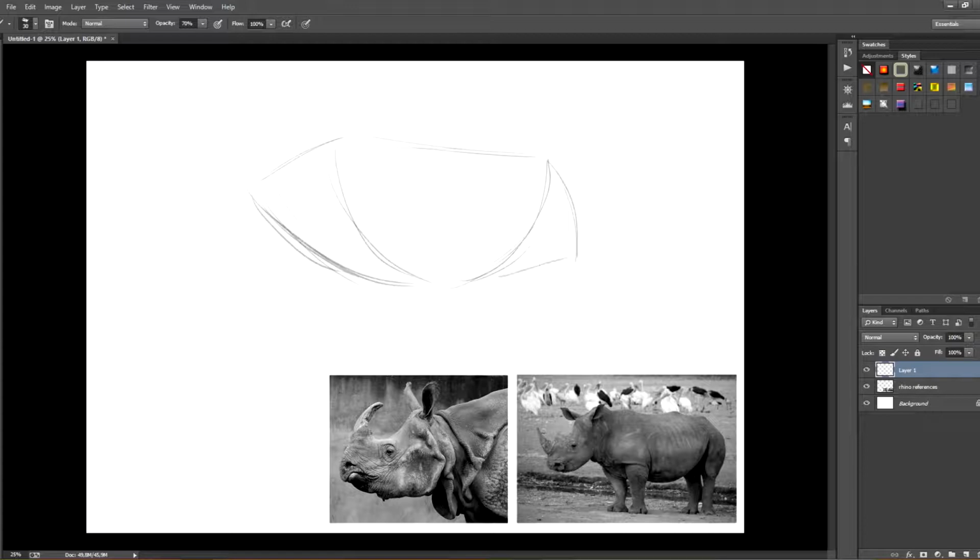So just like we did in the exercises earlier, we're going to draw, this time on a blank canvas and not tracing, the main shapes of the rhino. This time, try to be more careful with the shapes so they look as close as possible to the rhino. You need to make sure that the proportions are correct and they don't get deformed so that we keep that realistic style.